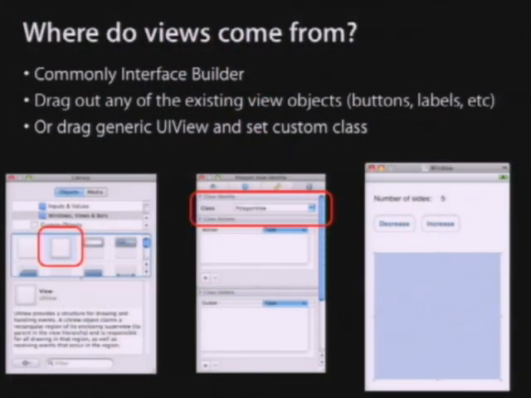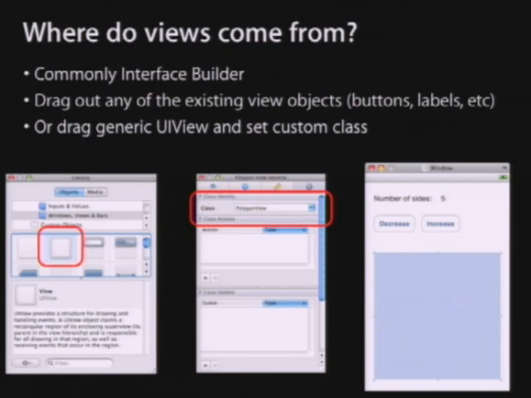Now it also does things. So I told you that you can have this hierarchy, right? So you can stick one view inside of another view. So if I was to take a second UI view and drag it somewhere in here, it'll give you hints about where in the hierarchy it's trying to put it. So if you were going to drag it into the window, I believe there's a green or red highlight around the window to show you that that's the parent that's about to accept the view. If you drag it into this thing, it will get the highlight, and you can figure out your hierarchy that way.